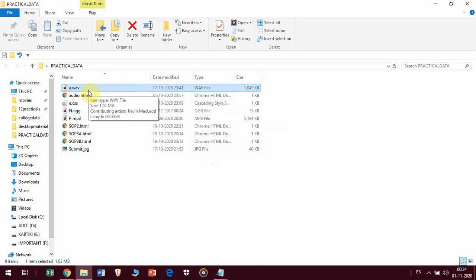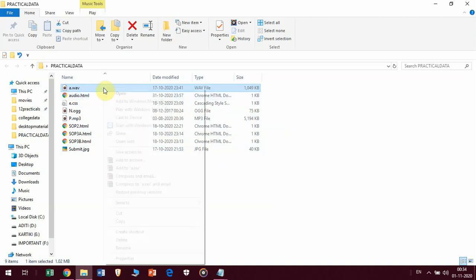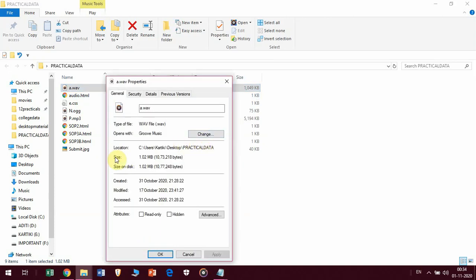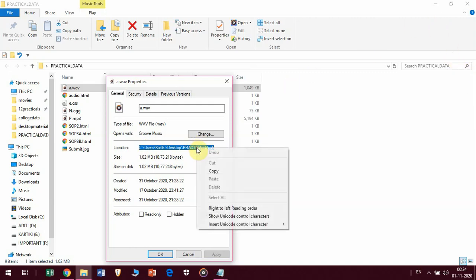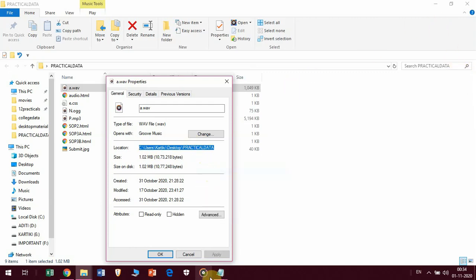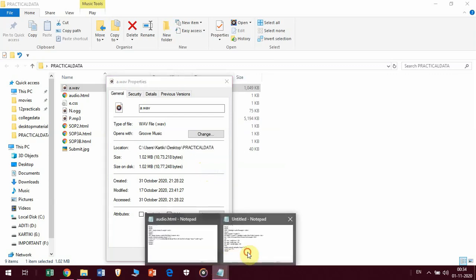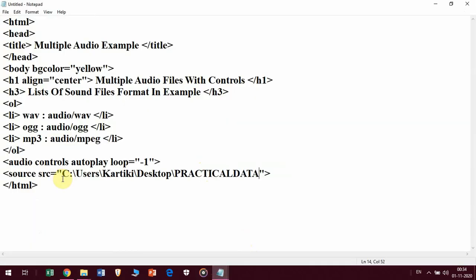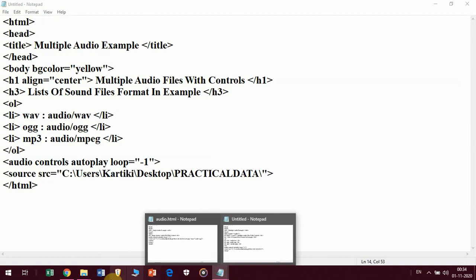To add this audio file into my program, I'll right click on this file and go into the properties, and I'll select this location by pressing Ctrl C to copy it, or you can just right click on it and copy it. I will go here and paste it. After pasting I'll use a backslash, and then the name of my file, that I am also going to copy.